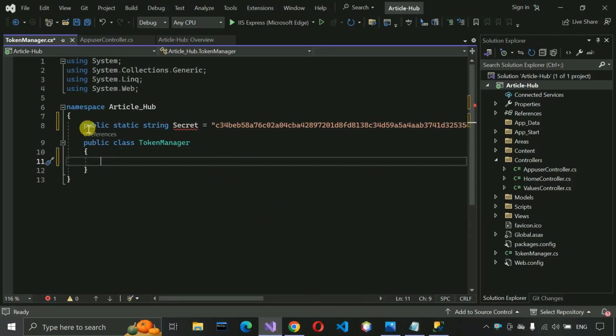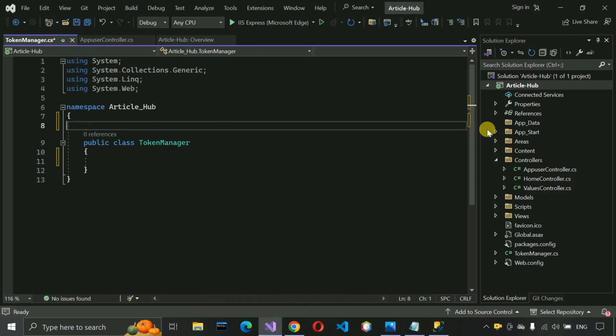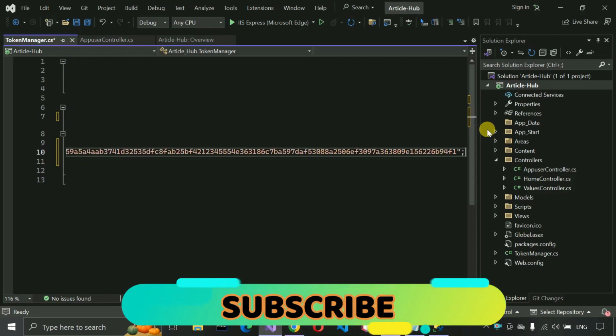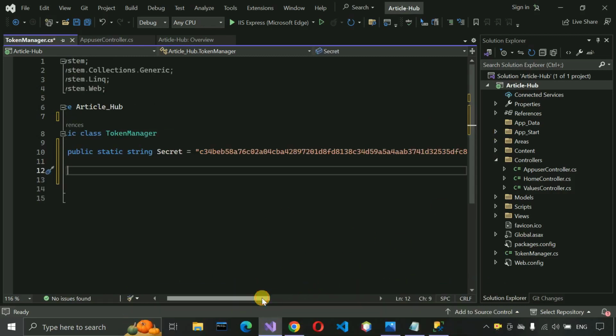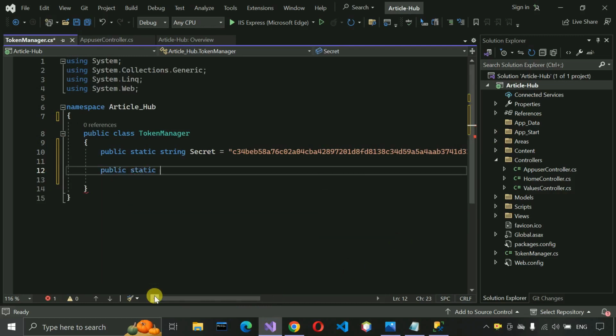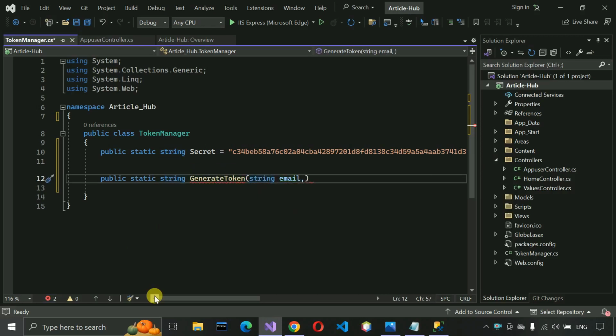My bad, we have to create this variable inside that particular class. So get inside this one and paste it over here, and then press enter. And inside this one we are going to create a method, so public static, and it should be of string type, and then GenerateToken. And we are expecting an email address in this, and string